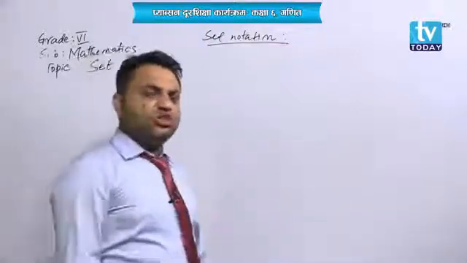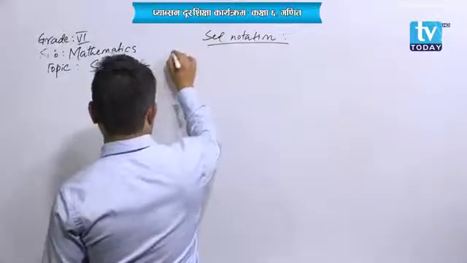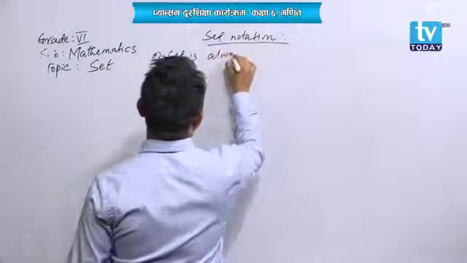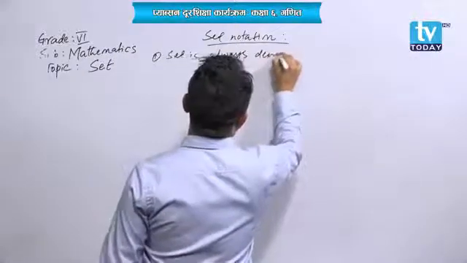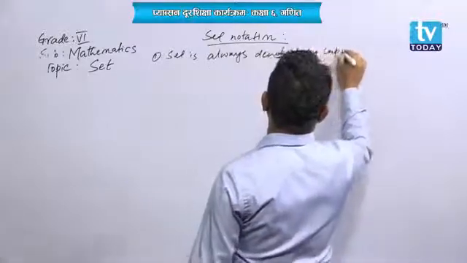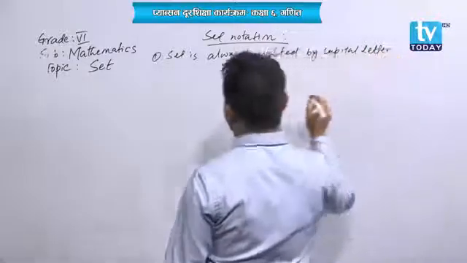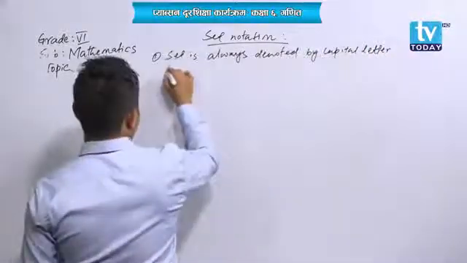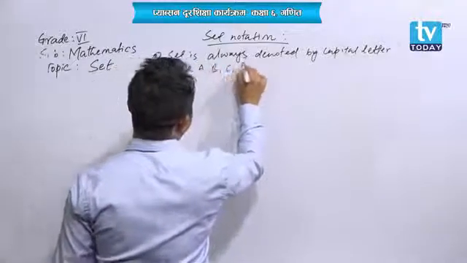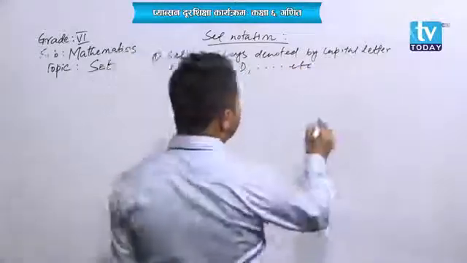Number 1, a set is always denoted by a capital letter, like A, B, C, D, etc. And the elements of the set